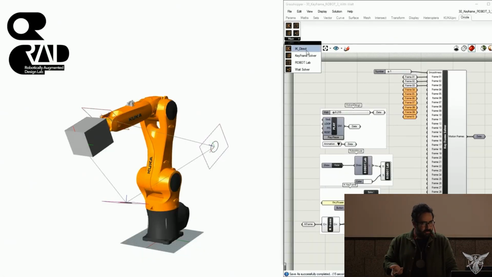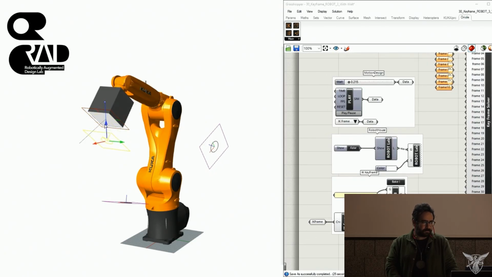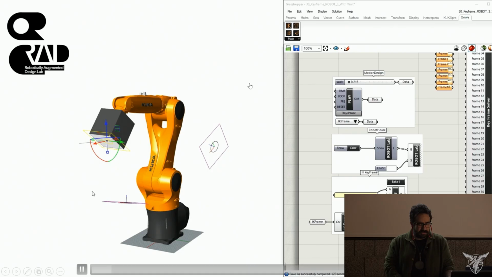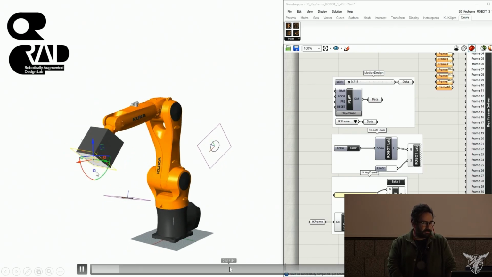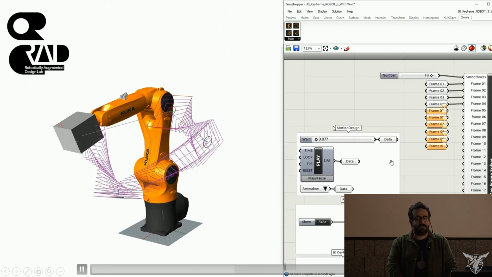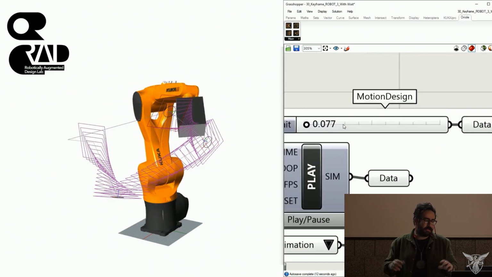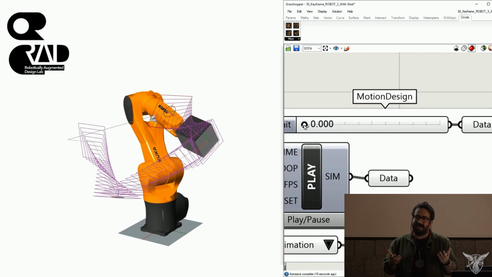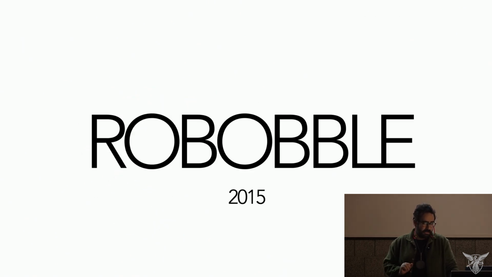Another one would be the Oriole plugin, which is enabling robotic animation. It's a workflow plugin, to be more precise, that makes the animation of the robot a little bit more accessible through keyframe design. Again, having the ability to connect the physical and digital through the simple ideas of animation design or things of that nature within the design software like Rhino.